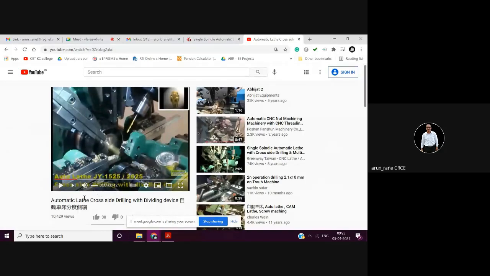So this cam is nothing but a round cam which is mounted on a shaft. That mechanism I will explain later. Now you have to just understand that there are cams. There is a disc cam for giving radial movement, that is depth of cut, and there is a cylindrical cam for giving longitudinal movement. Now let us watch this video.